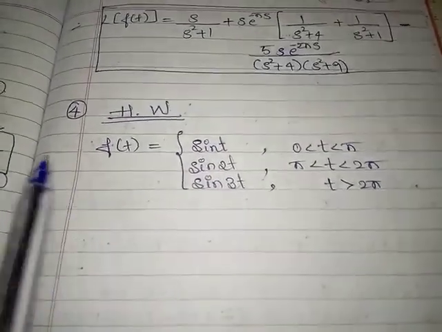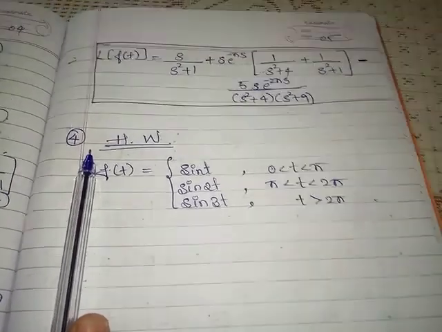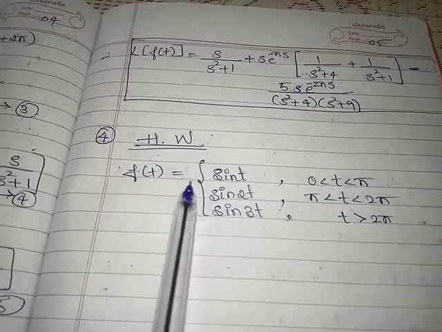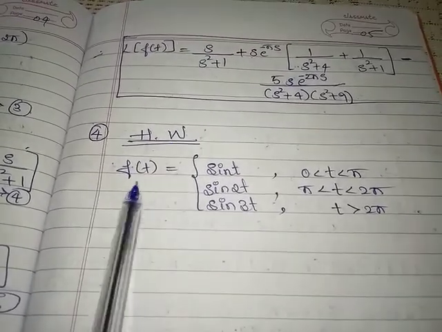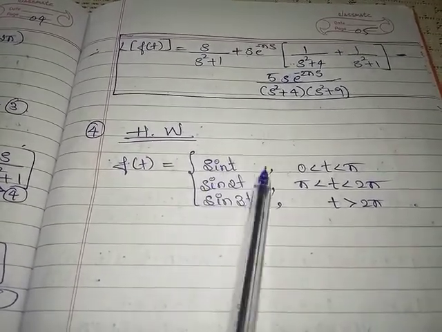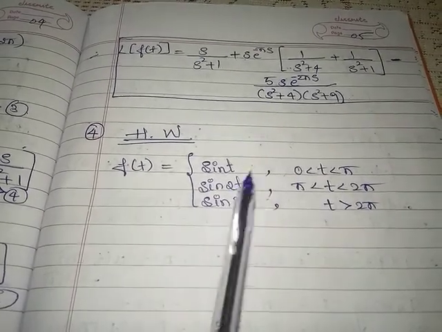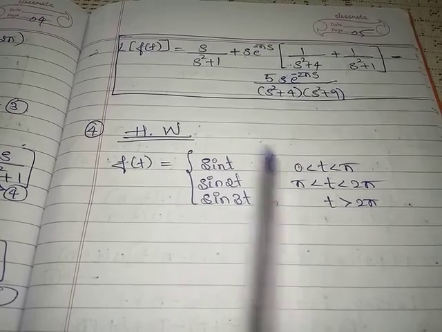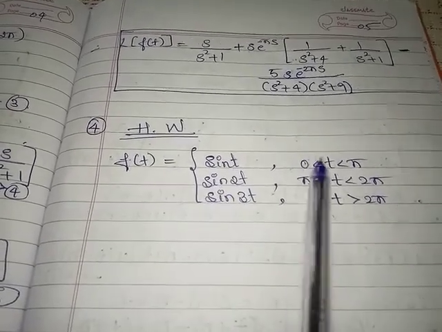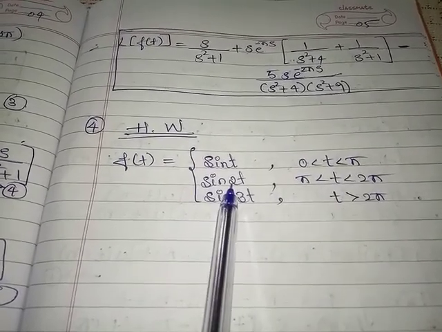Next, another example is there. The third example also you have to try yourself, the same as these previous two examples, and here also a fourth one is there. f(t) is equal to, for this example also you have to express this function in terms of the unit step function, and also you have to find the Laplace transform for this. The given function is f(t) is equal to sin t, t lies between 0 and pi, cos 2t when t